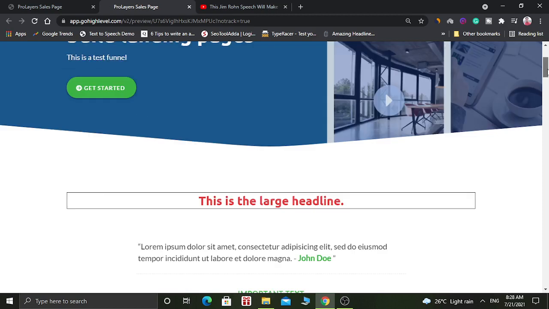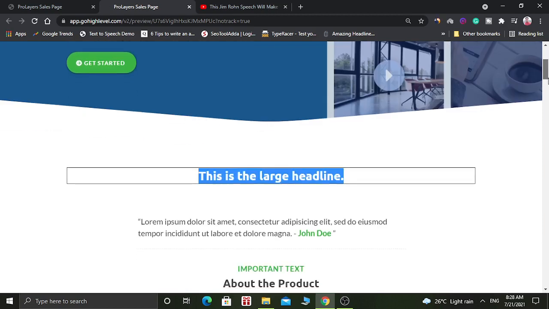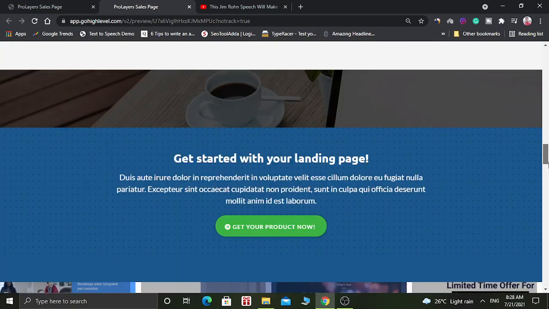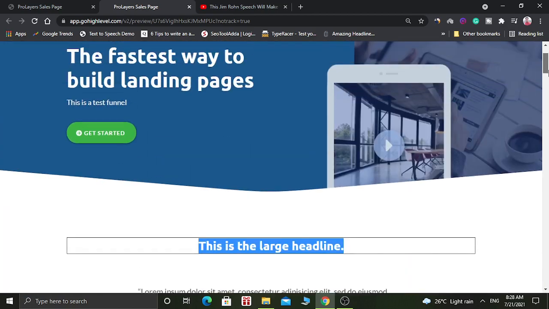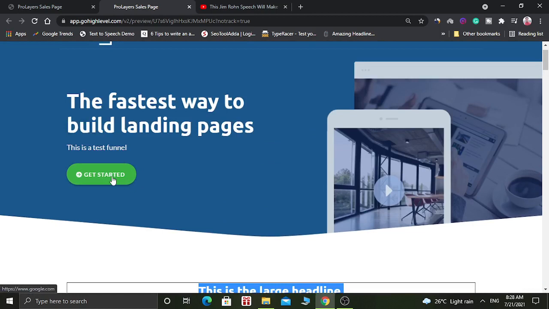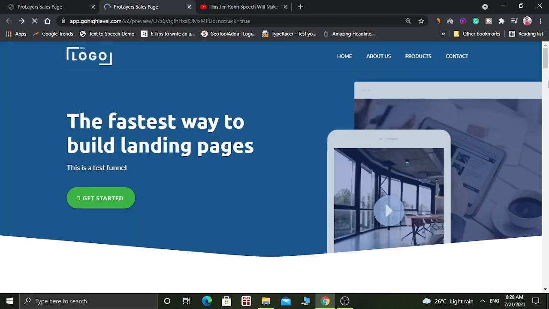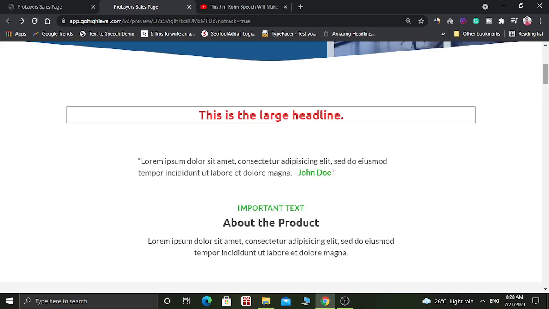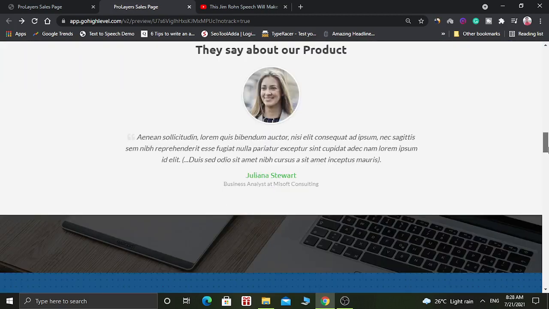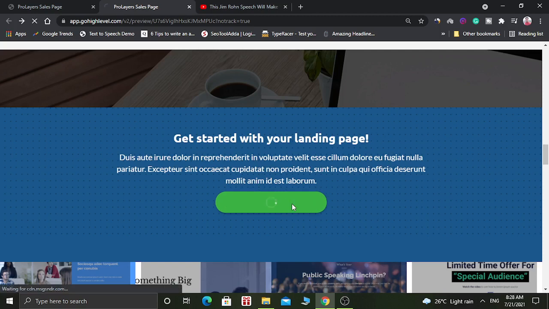This is the text we have added, and in this button we have hyperlinked our website google.com. So let's click it and see whether it's working or not. So it has redirected to google.com. That means it's working. So everything is working fine.